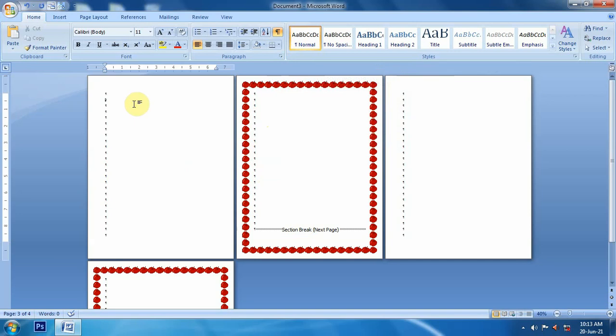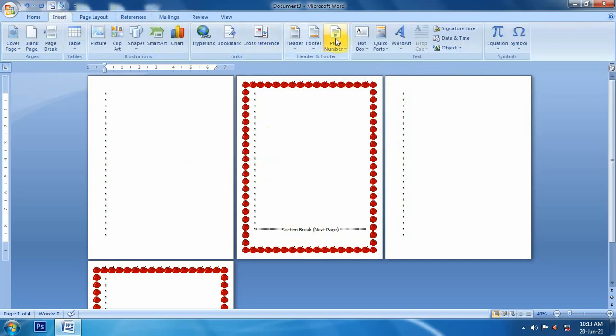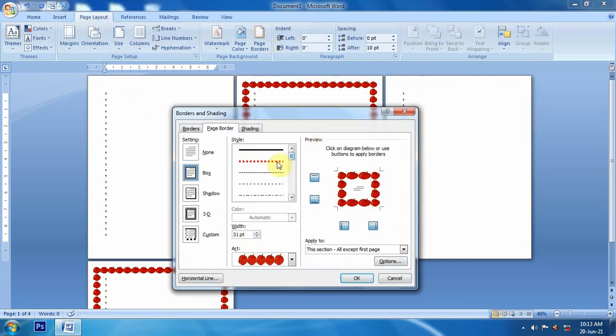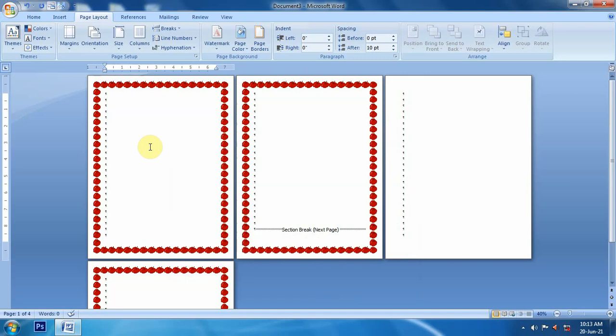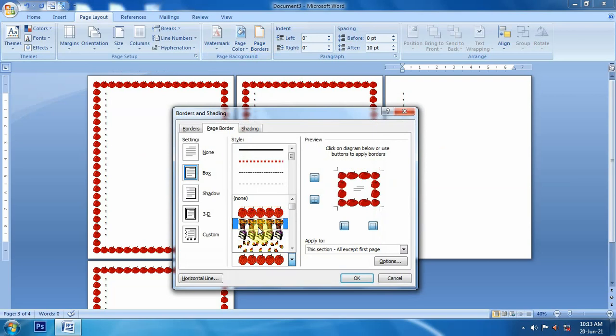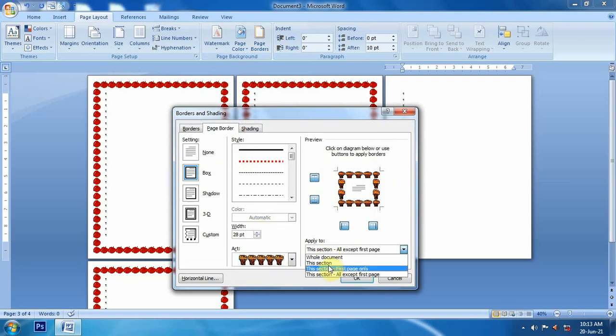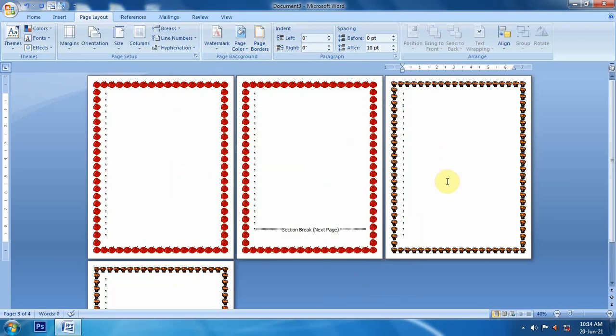Now if I put my cursor over here and say insert page border, and I say this section only, in that case the page border will be applicable to this section only. And if I put my cursor here, go to page border, and I say this type of border, this section only, in this case in the second section the second page border will be applicable.